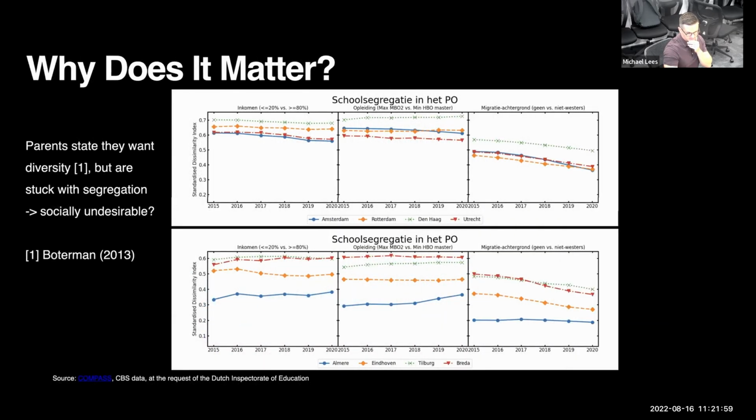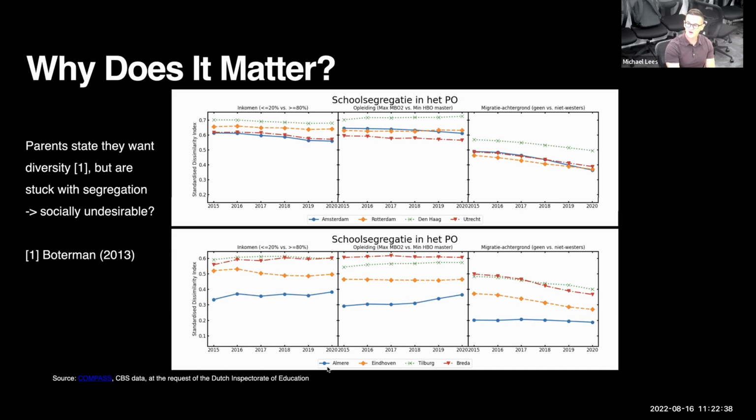So these are some of the studies that we do. We work with the Dutch Inspectorate. They produce this report. This is in Dutch, but my Dutch is enough to explain what this means. Here you can measure segregation across different categories. One is income: how are the highest and lowest income groups segregated in terms of schools? This is education level, the lowest and highest education levels. This is the migration background, so Dutch and non-Western, all the other non-Western groups and Western groups compared.